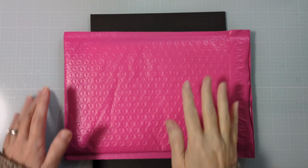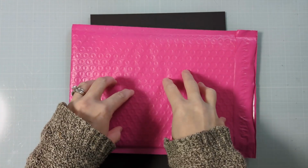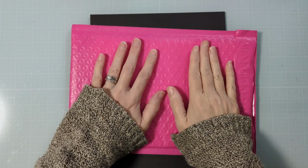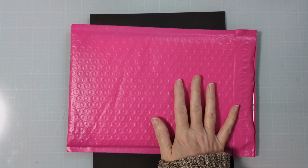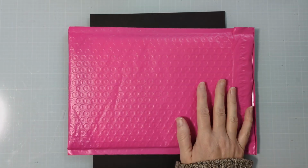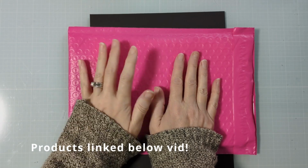Hiya crafty folks, Amy here with amyswares, and today I have a pink package of joy, and you may know what that means, but this is the new November release for A Colorful Life Designs. So I am going to show you all the new stencils that are available in the shop for this month, tell you about the different ways you can purchase them and save, and yeah, I encourage you to check out